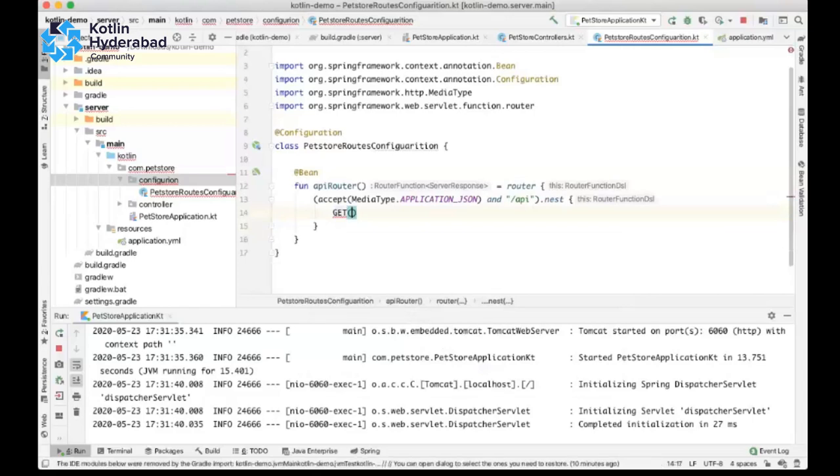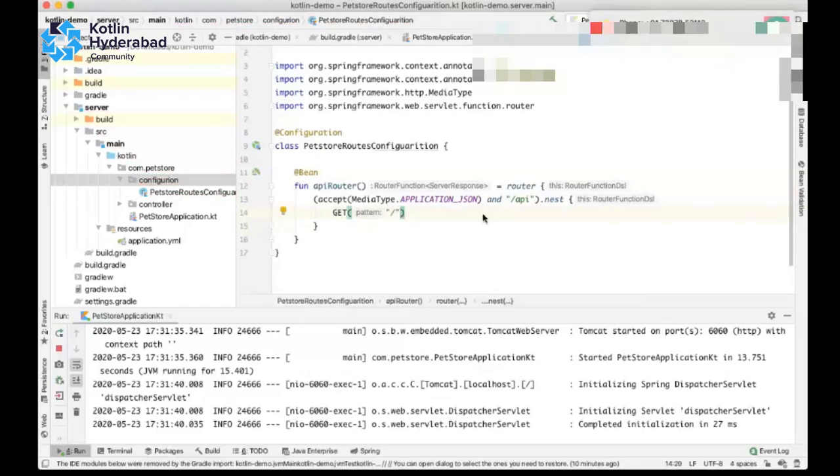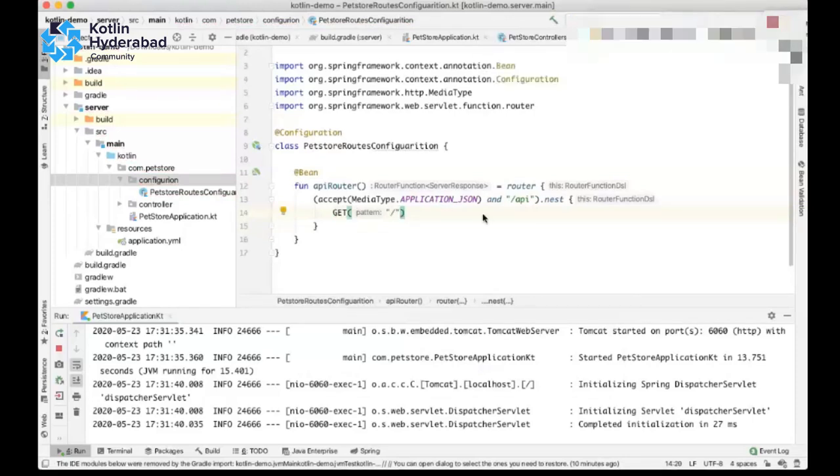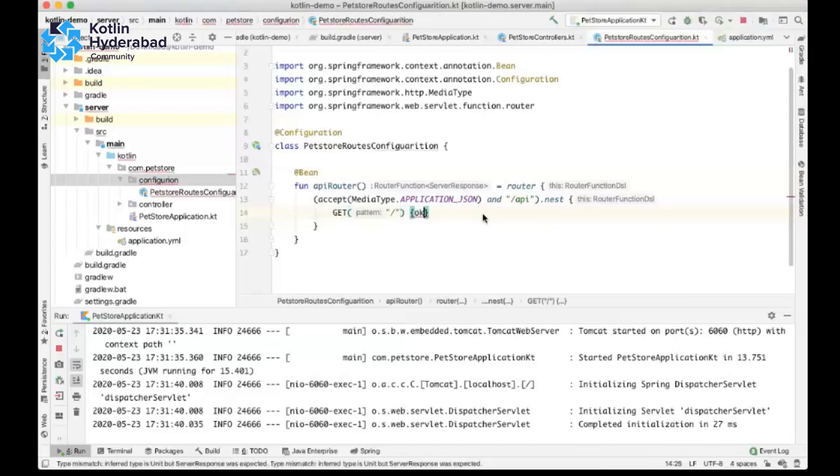To create an initial route, we can have a pattern like this. Then to send some body, we will say dot body, then hello, welcome to pet store.